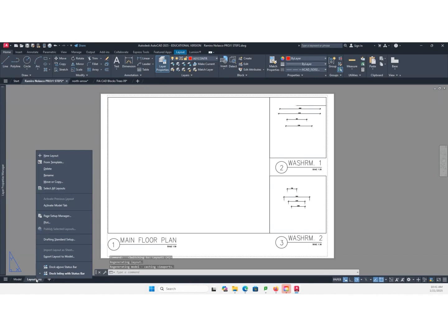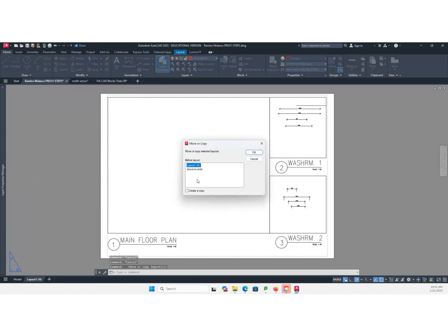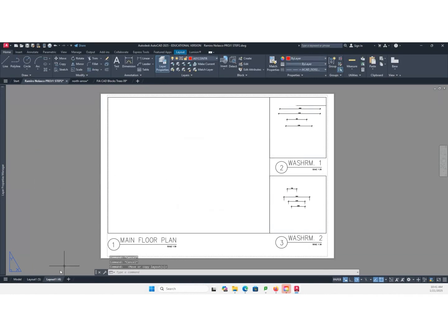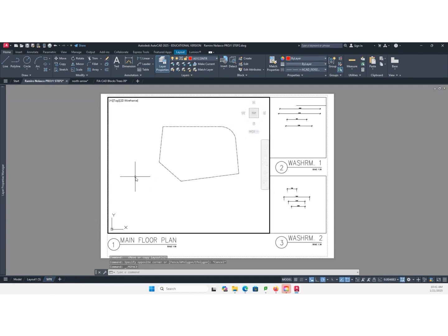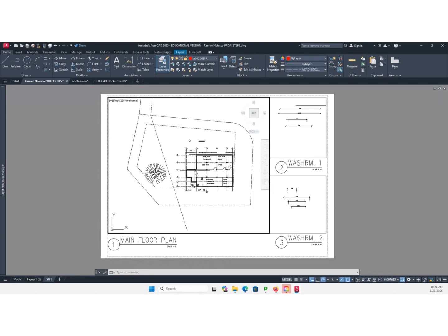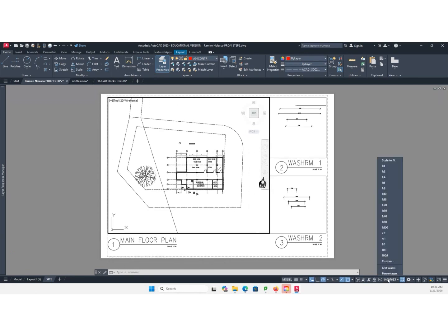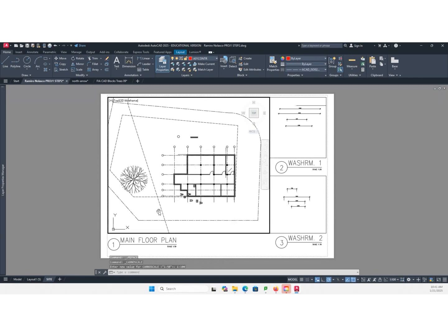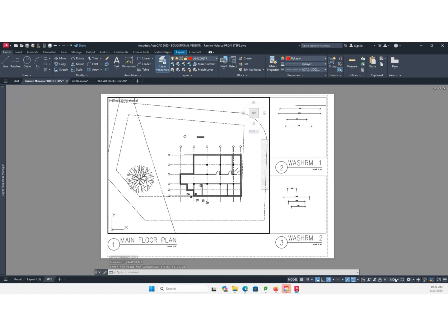Okay, so copy this. Create a copy. Okay, so you're going to place that here. So change that to site. What scale can you print this? So you need to know before you add your dimension. Can I fit this at scale 1 to 100? Not really. Okay, maybe I need to do 1 to 150. But I don't have 1 to 150 here. So I need to create one.